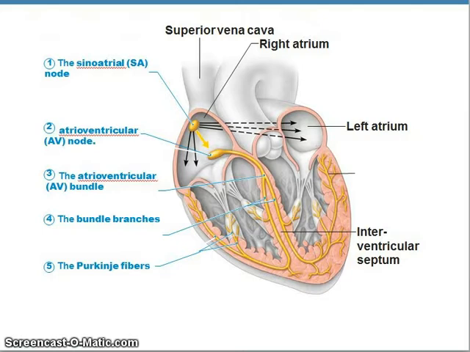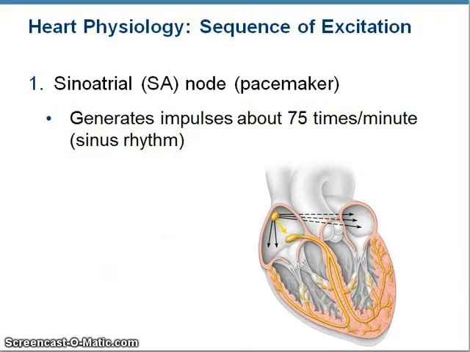The parts of the intrinsic conduction system can be seen here, 1 through 5, and we're just going to run through them real quick and trace the flow of depolarization through these conductive fibers. It is going to start at the sinoatrial node, which is the pacemaker of the heart. These are the autorhythmic fibers that spontaneously depolarize to set the heart rhythm. So that depolarizes first. This depolarization is going to spread, as the arrows indicate, across the atria through gap junctions